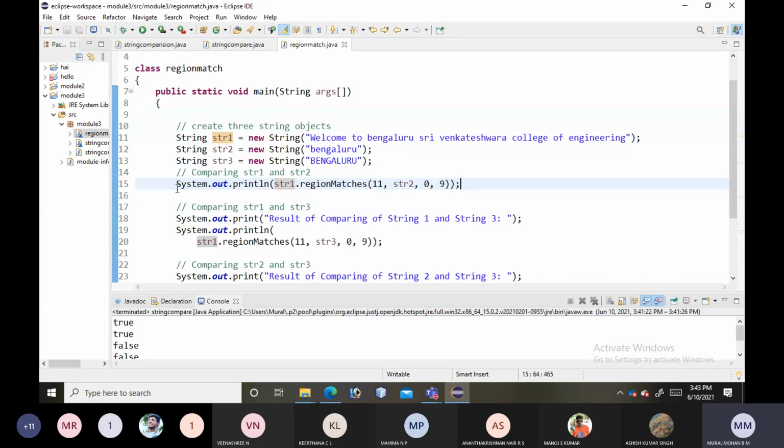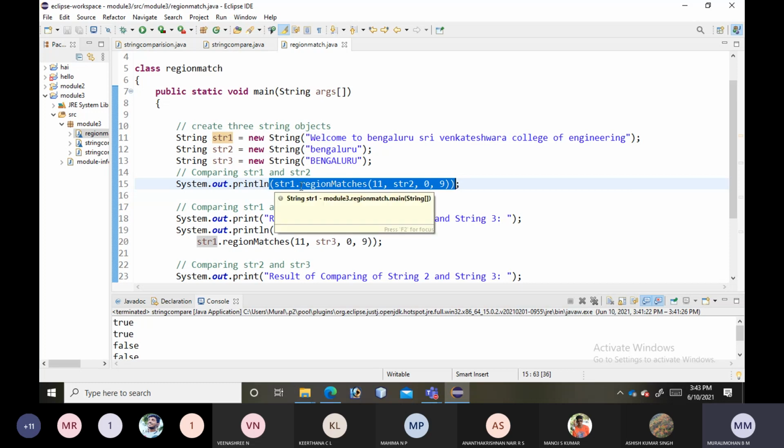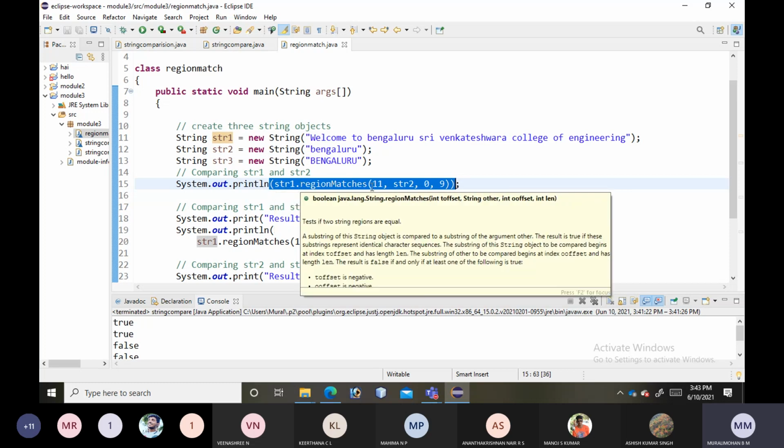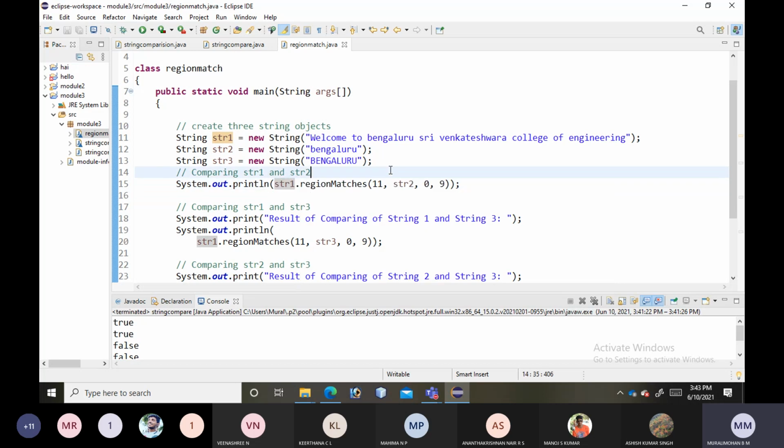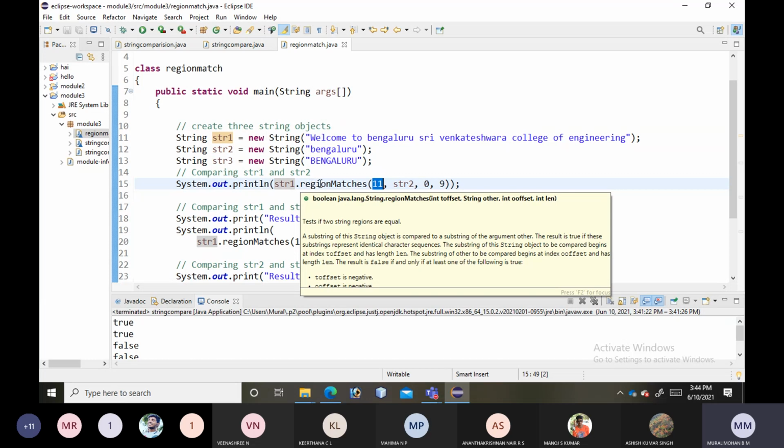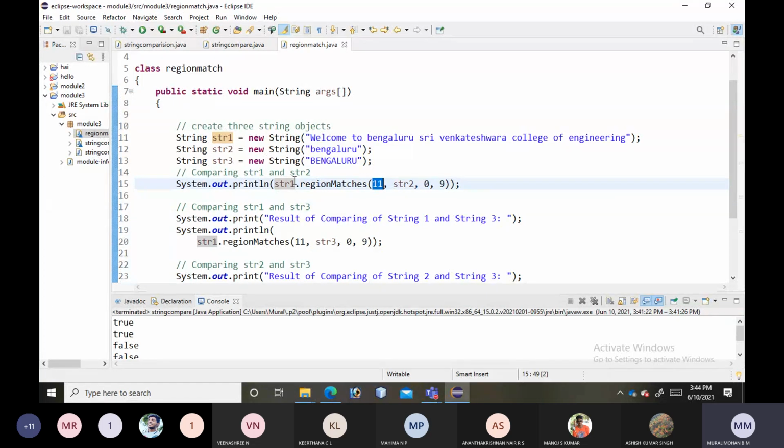So you just see this part of the line. What is happening here? str1 dot regionMatches of 11, we are starting. So what is this 11? 11 is the index from where it should start to match from string 1, right?